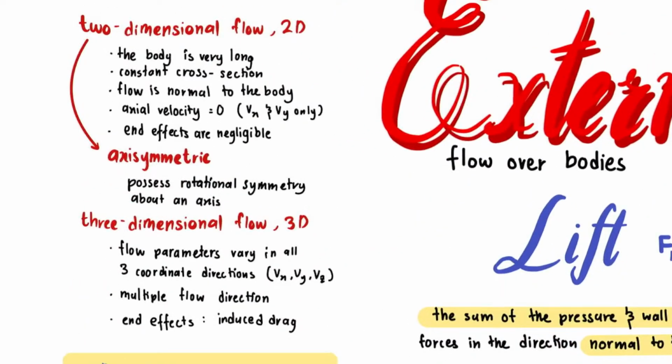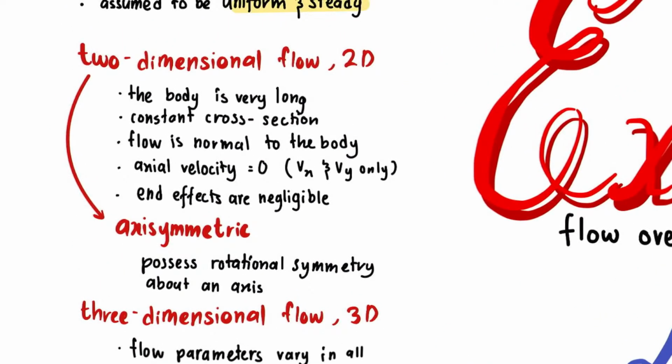There are two ways to analyze the flow, two-dimensionally and three-dimensionally. We usually assume the analysis to be two-dimensional because we assume the body is very long, it has a constant cross section, the flow is normal to the body, and axial velocity equals 0, which means that there is no velocity along the